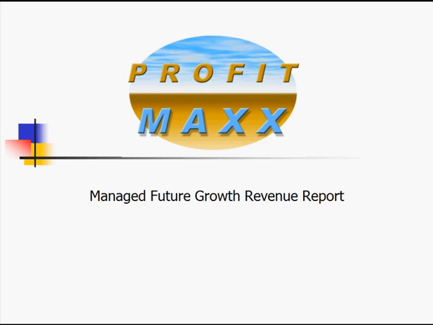Keep in mind that you can replay this tutorial anytime you need to remind yourself of this information. You can also press the F1 key on your keyboard to get detailed, context-sensitive information while looking at any of the reports in ProfitMaxx. This will end this